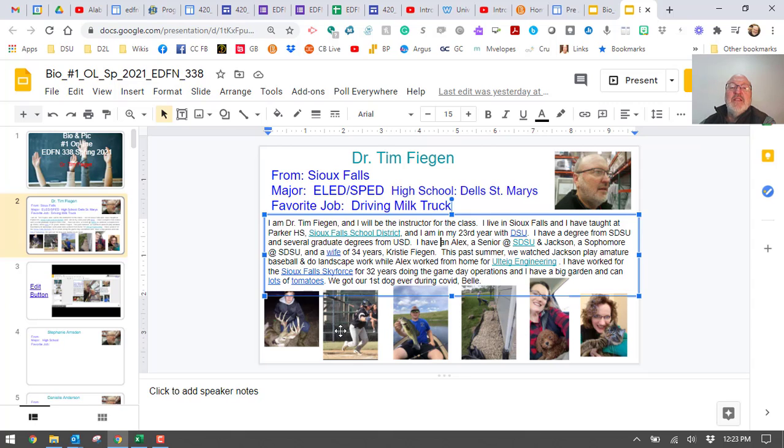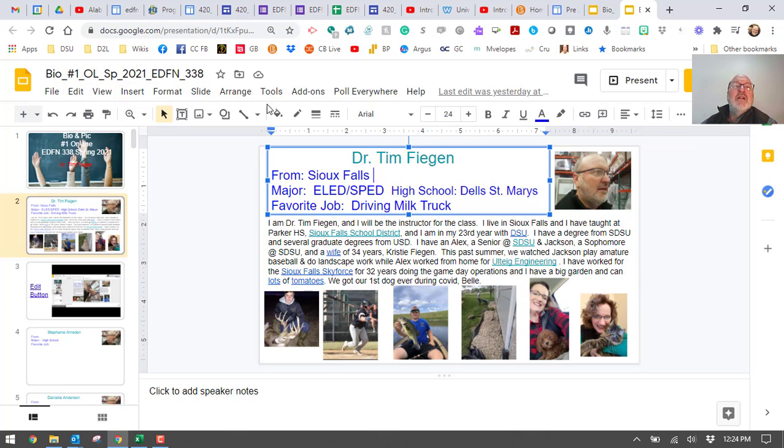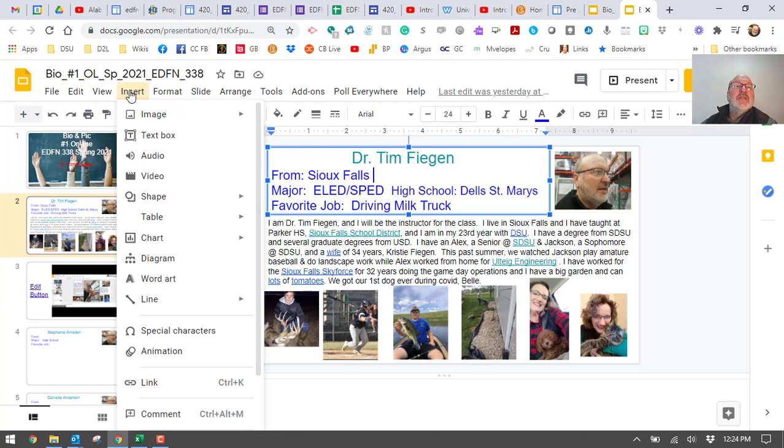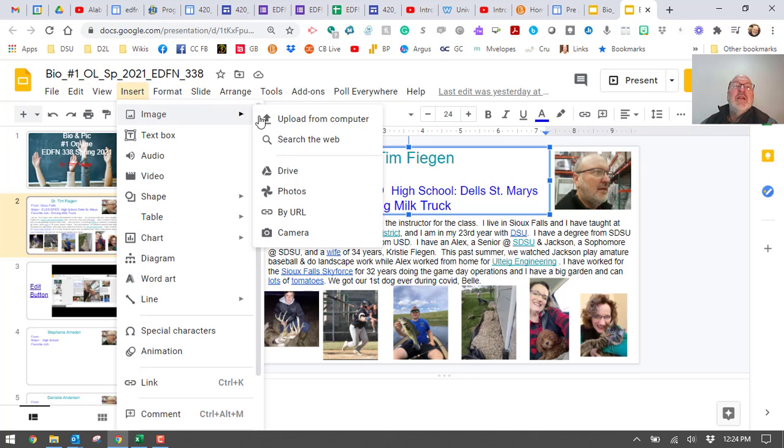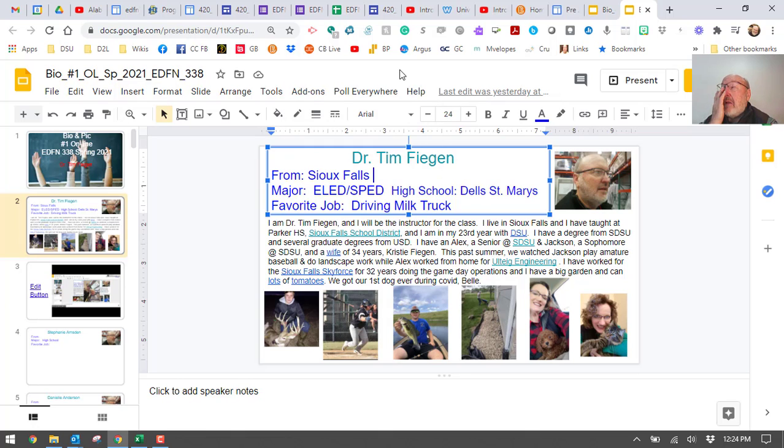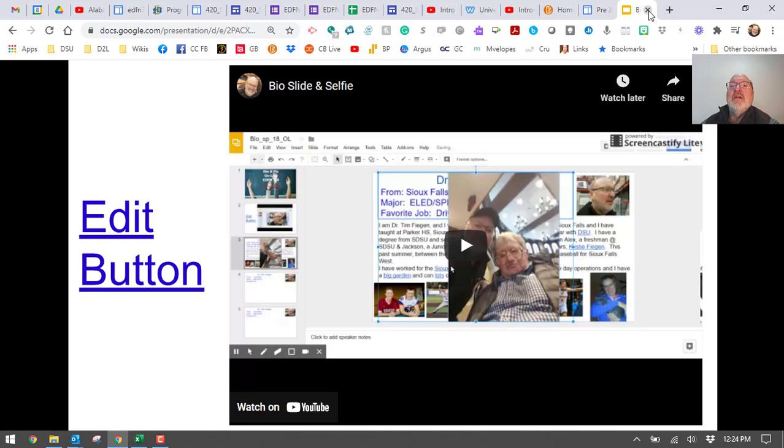Okay, and then these pictures here just tell your story. And how do you bring an image in here? For example, if I wanted it here, I come up here under Insert, an image, and then it gives you these choices. You can upload it from your computer, or from your drive, or your photos, or a link online. I'll talk more about that later, but you'll do that. And if you can't figure it out, Google it. Dr. Google will tell you how to do that. So that'll be the first thing here.